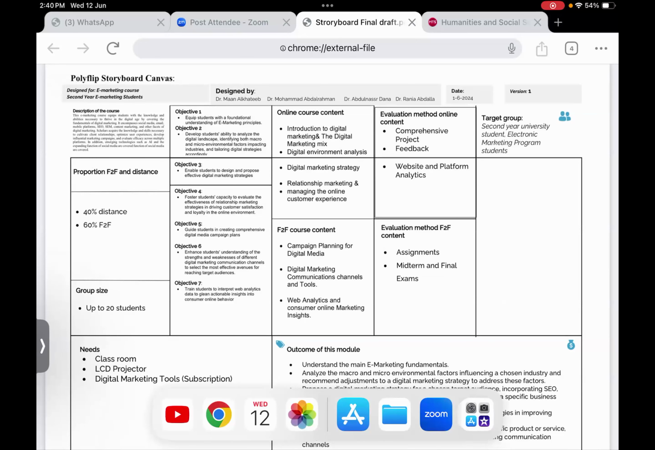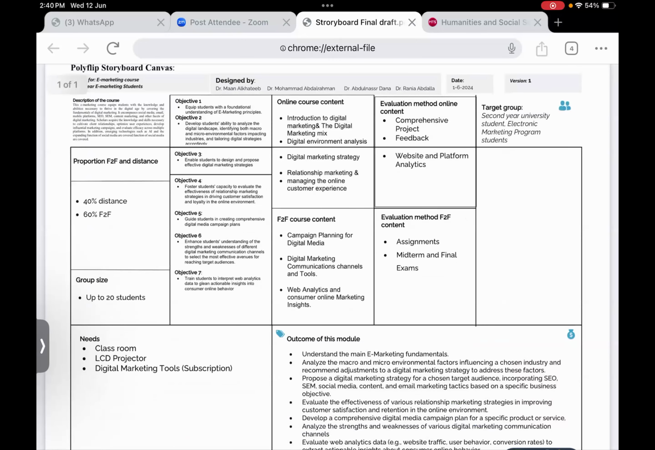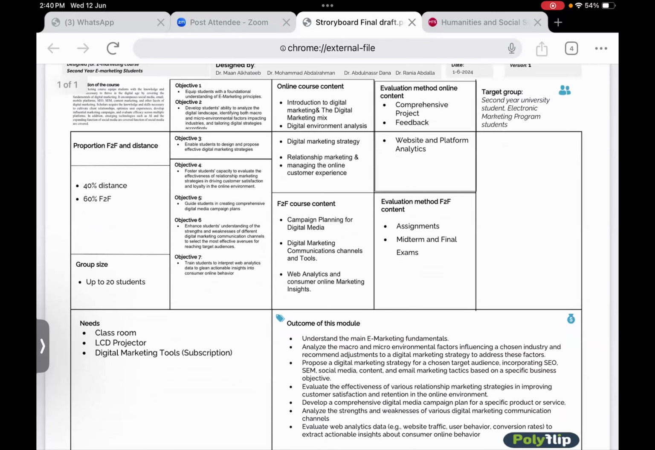They need a kind of subscription in order to use it and to receive real data to utilize in their campaign. These are the main sections, but as for the evaluation methods, as for the online part, the evaluation methods would mainly be comprehensive projects, like the one we will propose: designing a digital